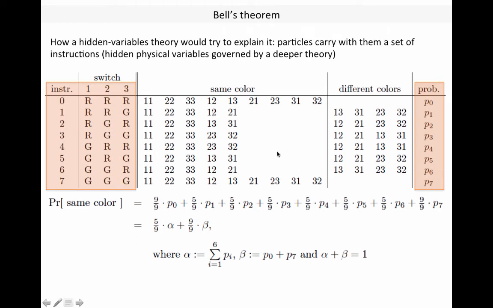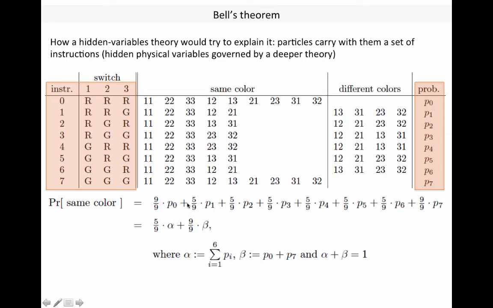I should note, by the way, that in this hidden variables theory, in order to explain the results, both pairs of particles have to have the same instruction set, although the next pair of particles that are emitted may have a different instruction set, and so on. So you can add up these probabilities. Instruction set 0 is assigned to the pair of particles with a probability of P0,